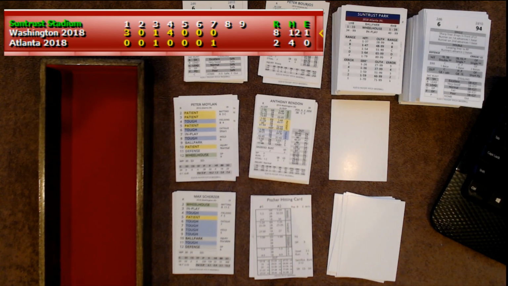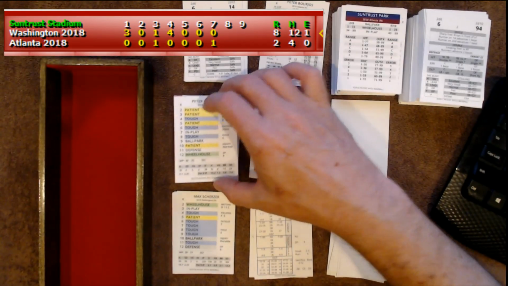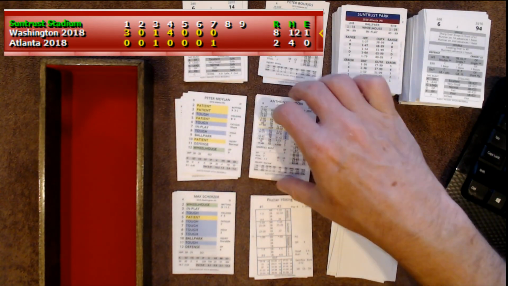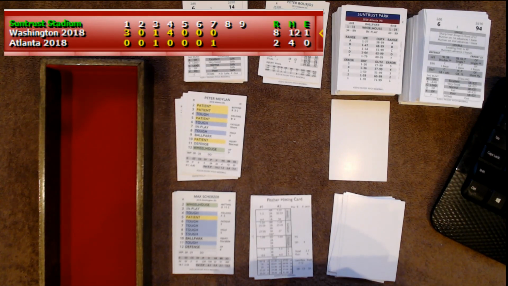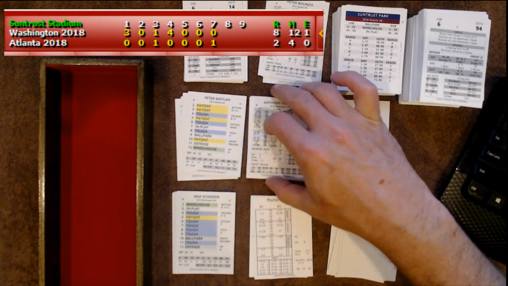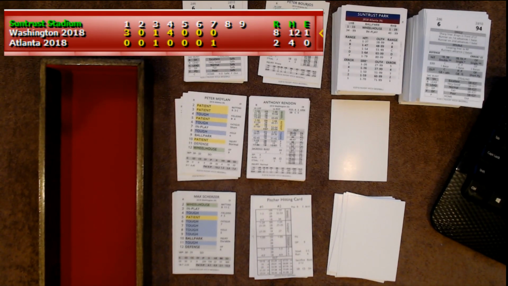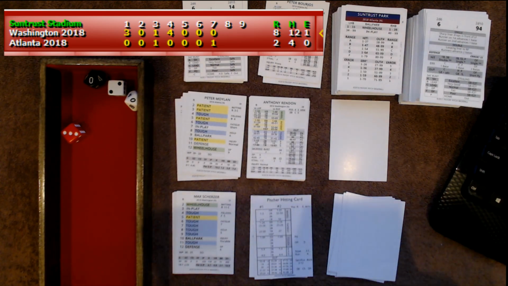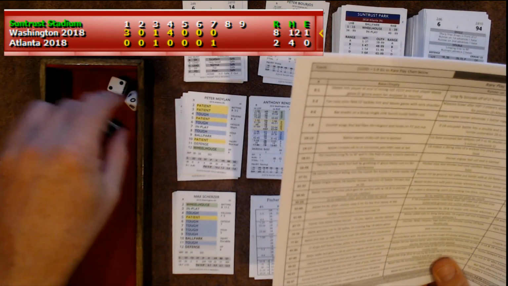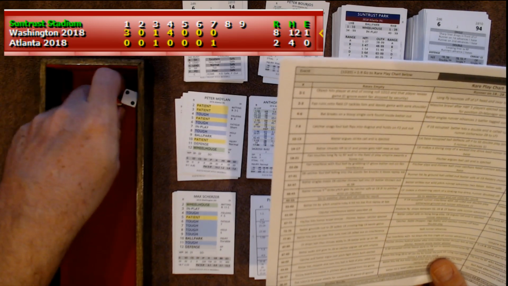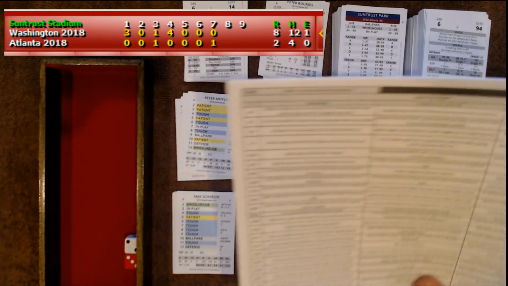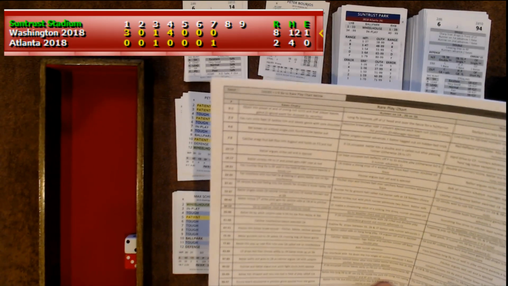Peter Millan, he's going to come in for one more. Let's see, we got a righty, a lefty, right. Yeah, all right, so Millan will face off against Rendon here. 5, Patient 0-0, and that means 0-0 is a rare play. But I don't use their rare play chart because I don't like it. It's terrible. It's probably the worst in any game ever. The one thing wrong with Payoff Pitch is their rare play chart.